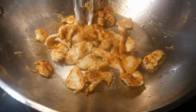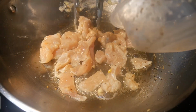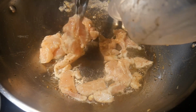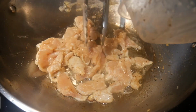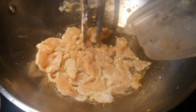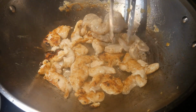Kenneth said he is going to give this a try after I show him this shallow frying technique. One month later, I ran into Kenneth again and asked him how the shallow frying was going for him. He told me that he has been using this shallow frying technique almost 2 to 3 times a week. He said he has mainly used it for chicken, but recently he started to branch out into shrimp